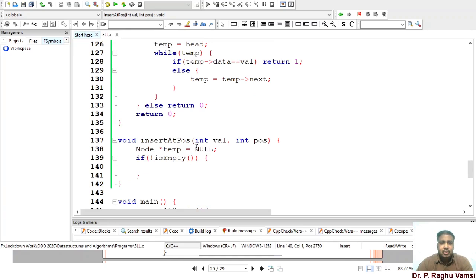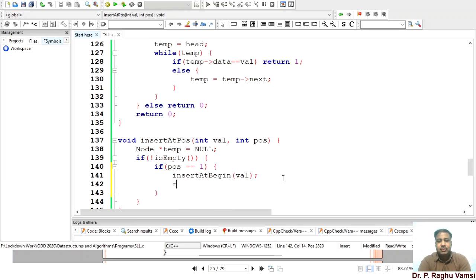That means if the input position is 1, then obviously we have to insert at the beginning of the list. If it is other than 1, then we can traverse till that position or before that position and insert the node. So if not is empty, then if position is equal to 1, you have to call the insert at begin of value. Once the inserting at beginning is over, we don't have anything to do, so return.